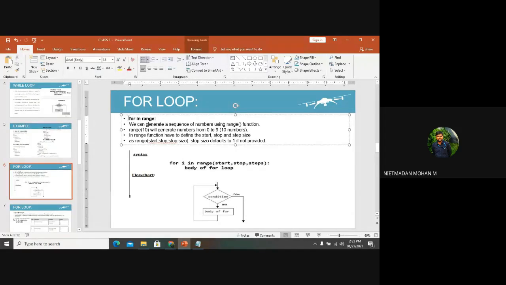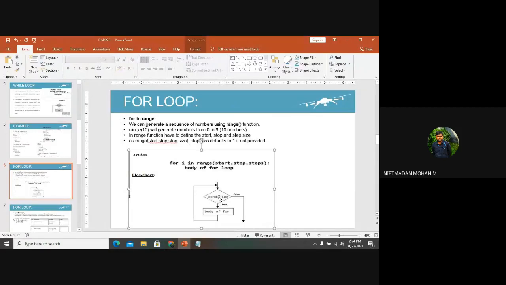First we have discussed the if statement, and the while loop has been discussed, and this for loop also has a test condition. It will check the condition and it will execute the part. You can see here the flowchart of this. If the condition is checked, then if it is true, it will execute the body of the for loop, and it will again go to check the condition. Once the condition has become false, then the remaining part of the program will be executed.